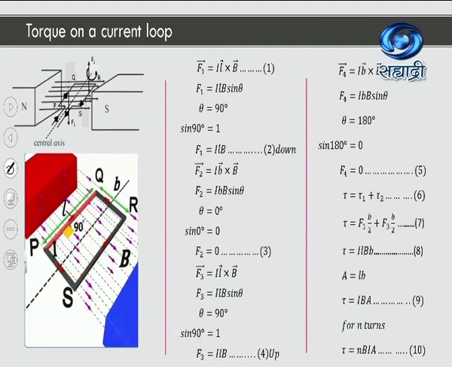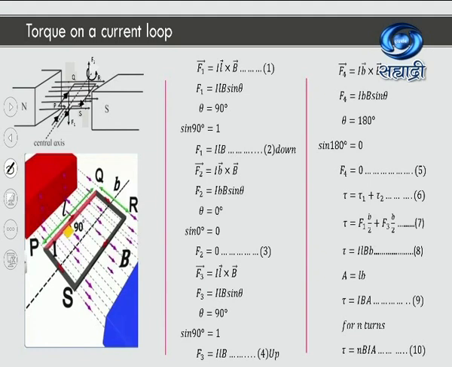So let us come back to the main derivation. Position of the plane is parallel to the magnetic field. That means the area vector is perpendicular to the magnetic field B. Okay, so let us proceed. This part PQ of this rectangular loop, whose length is L, is inside the magnetic field and it is perpendicular to the direction of magnetic field B. That means the angle between L and B is 90 degrees.